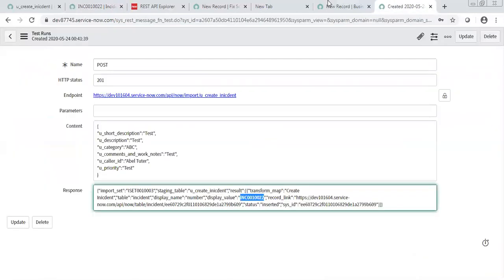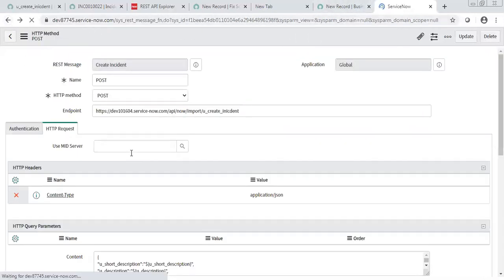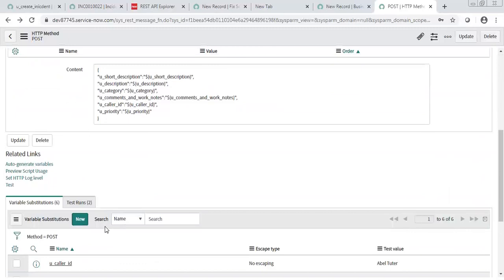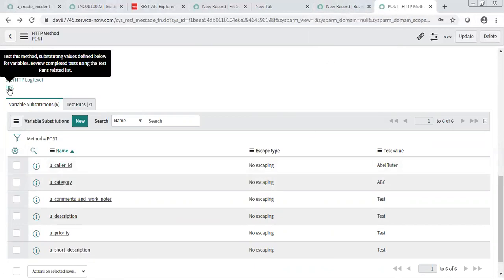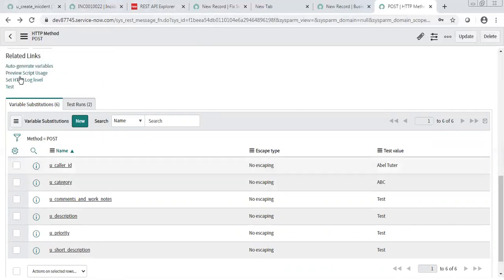Now, in case of outbound, the first step is putting the fixed value and testing it. Second is making it dynamic. Third is calling this method through a business rule in your instance, because on your incident table, the business rule is going to run. Right now you are manually clicking, and that should not be the case. This particular thing should auto trigger. So to do that, you need to write a business rule on your target table.